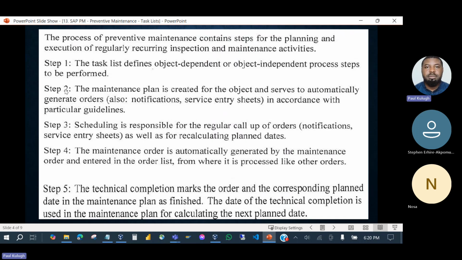Then the second step in preventive maintenance, the maintenance plan. The maintenance plan is created for objects and serves to automatically generate orders. So maintenance plan is like that machine behind that generates work orders, a work order generating machine. It can also generate a notification. It can generate a service entry sheet. These are the objects that it can generate. So look at it as a machine that keeps generating work orders when the time is due for the work orders to be generated. So you will create it and it will just keep generating. And it doesn't just generate, it works with so many factors, which we are going to look at when we start discussing